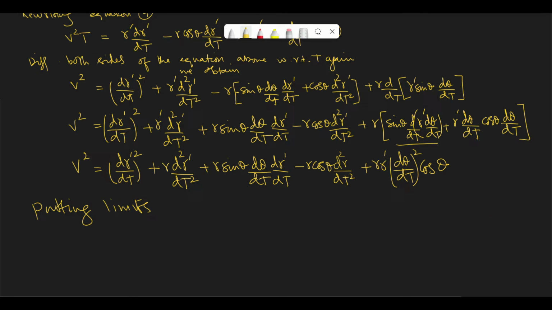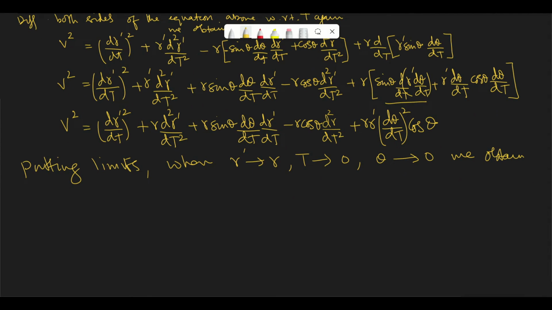Putting limits, when r′ tends to r, t tends to 0 and θ tends to 0 and b falls on a, we obtain